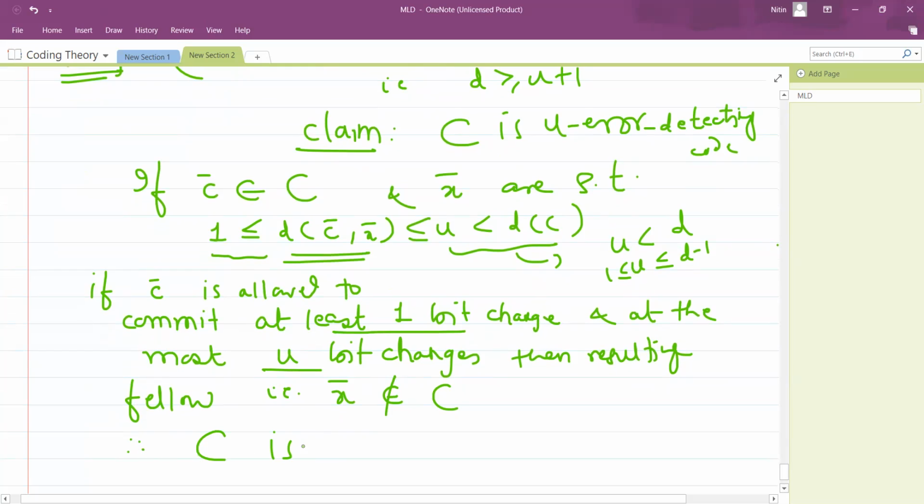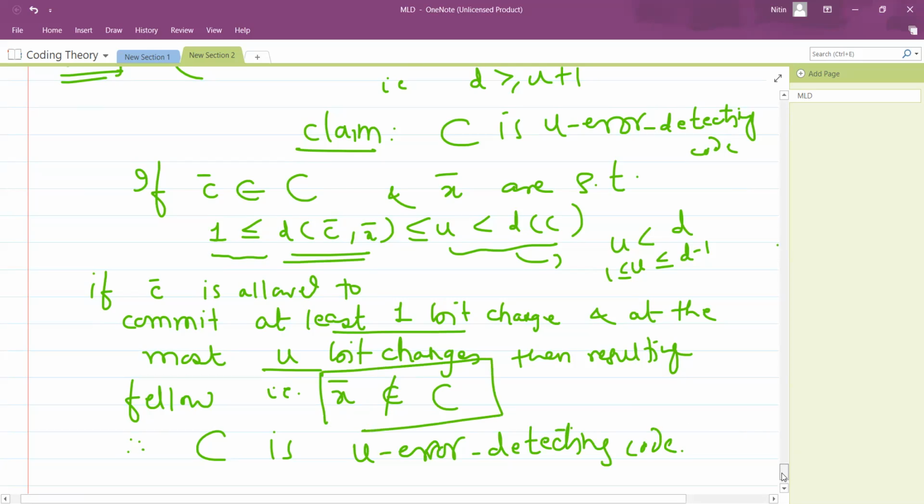तर ते केल्यानंतर मिळणारा जो काही रिझल्टंट वर्ड आहे, that is not a part of C. Therefore C is a U error detecting code. But still it is not clear why. So what is not clear? Why x bar is not a part of C? See, you can just see that